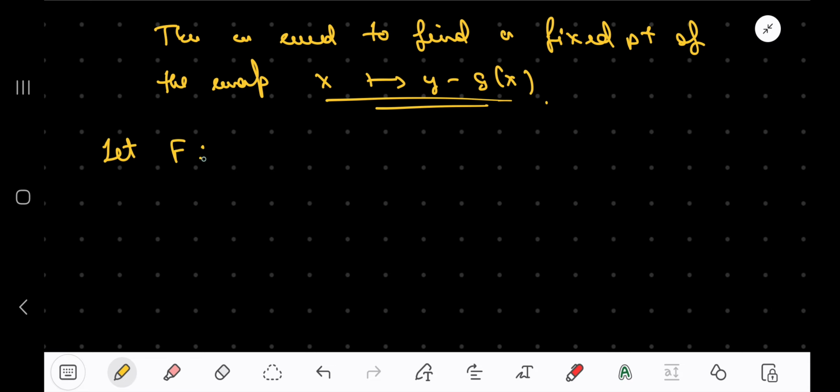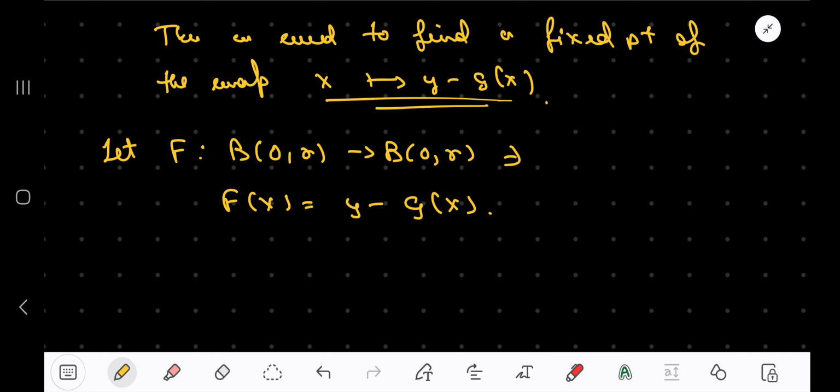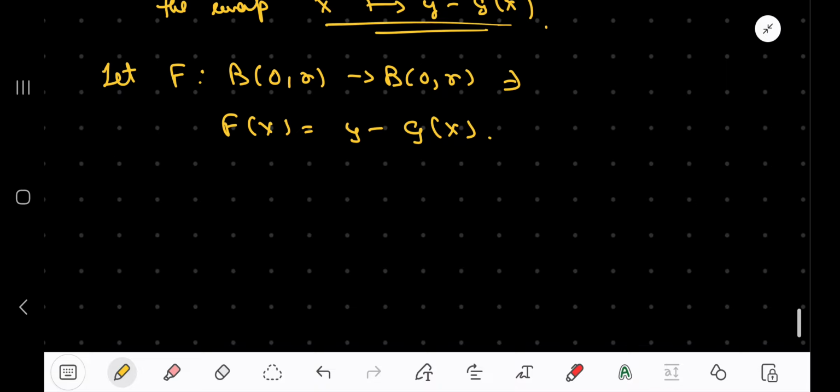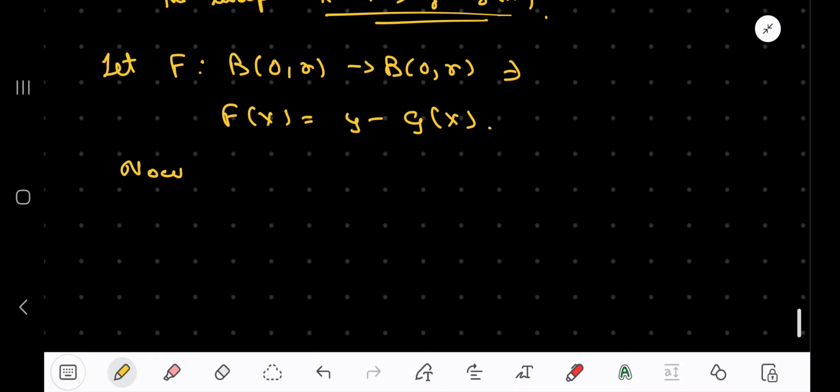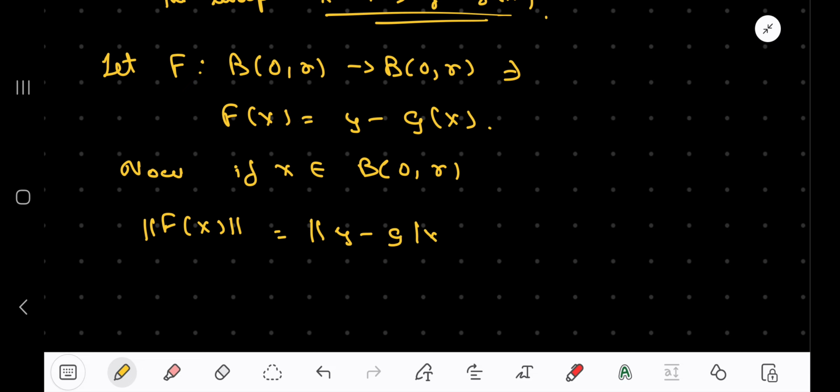So let us define the map. Let f be a map from B(0, R) to B(0, R) such that f(x) equals y minus g(x). Fine. Now if x is in B(0, R), then the norm of f(x) is equal to the norm of y minus g(x), which by the triangle inequality is less than or equal to the norm of y plus the norm of g(x),